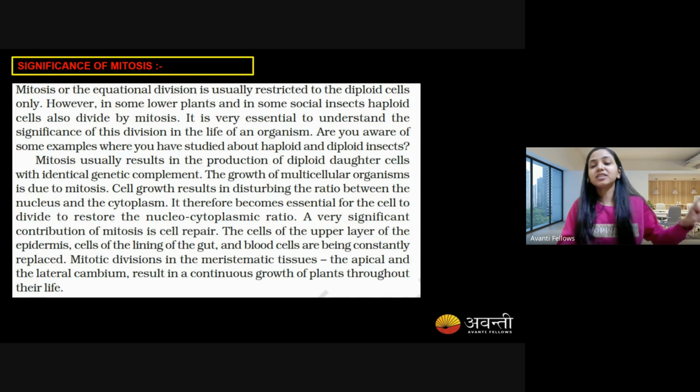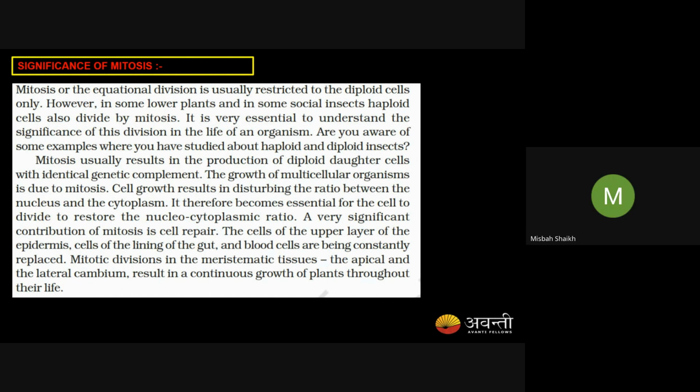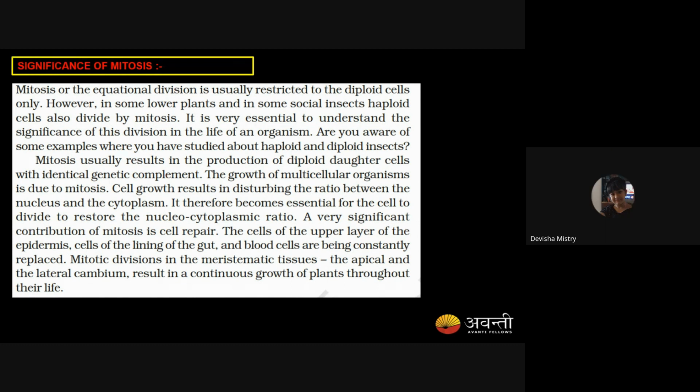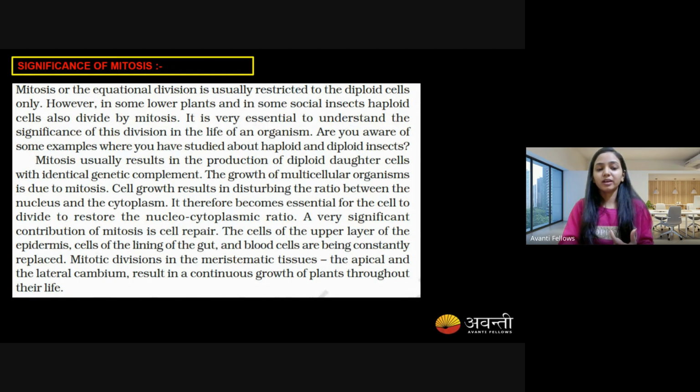And in the starting of this chapter, we have studied that in the cell cycle we need growth. The first and the most important topic was growth. So how will growth happen? Growth will happen with mitosis only. So all the organisms, the growth happening in us, is happening